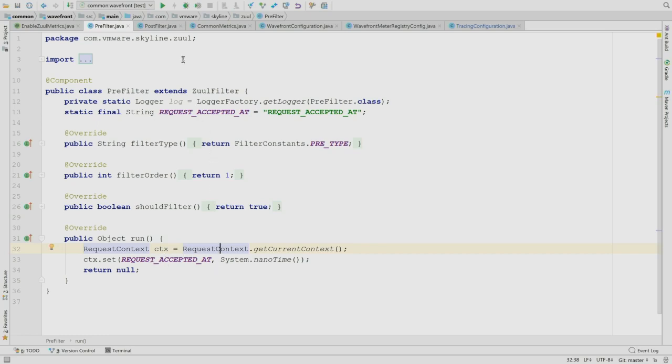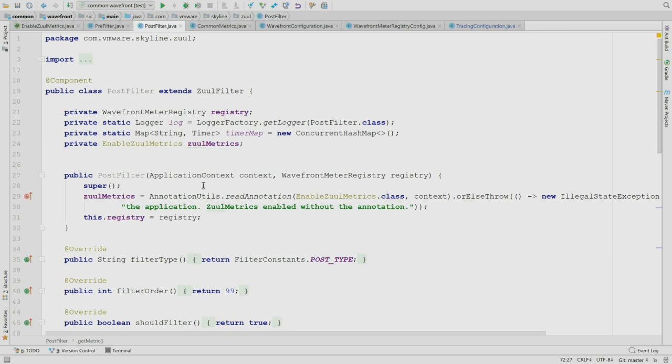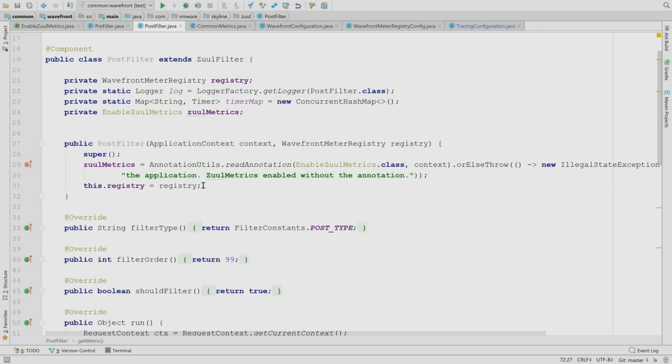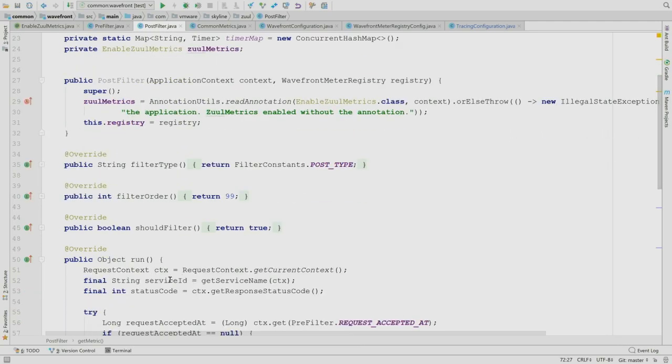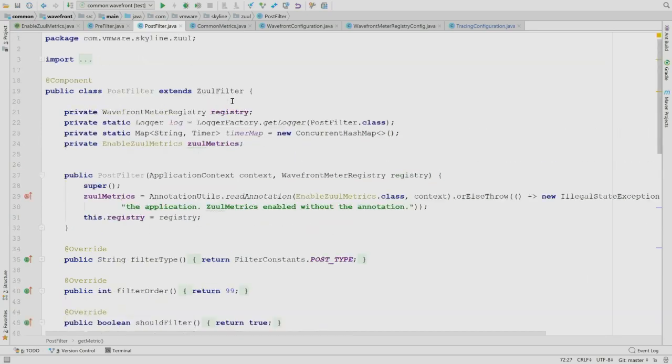So we capture the time, and of course, when it comes to the post-filter, when this request was routed to the application, did its logic and responded back with the response, with the same context you can hook into it, and this is what we are doing here. Of course, we use the registry method, and I'll jump after that to the registry method, how we enable it. For those who have used Micrometer IO, you would know that there is a registry concept. There is a variety of registries, and one of those is the Wavefront registry, and there are other registries, for example, hooking with Grafana.